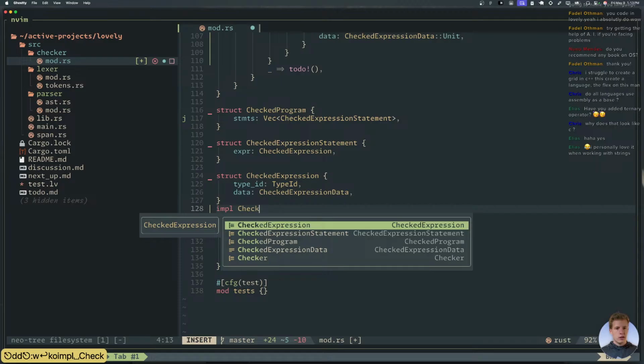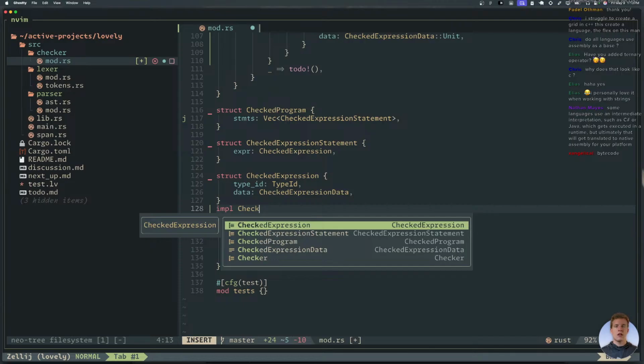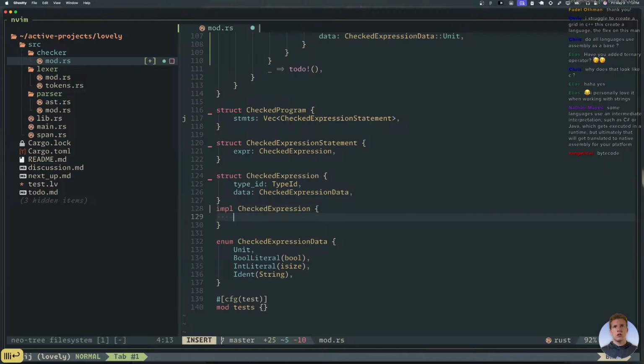Some languages use an intermediate representation such as C# or Java, which gets executed in a runtime, but ultimately that will get translated to native assembly for your platform. Exactly, yep. Or a virtual machine. Exactly. Checked expression. But at the end of the day, it ends up being assembly. Checked expression. New.